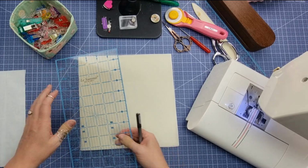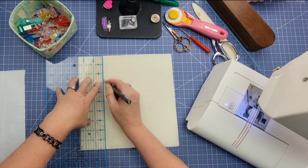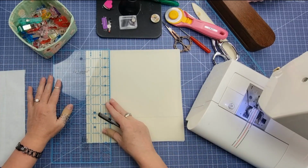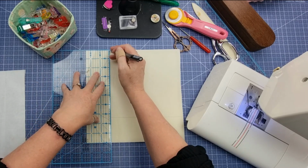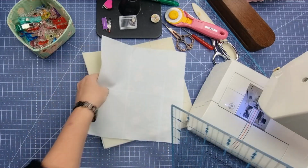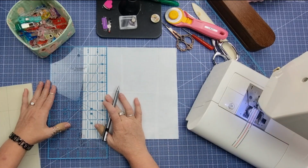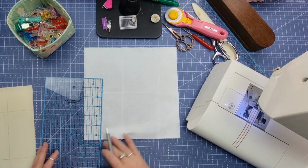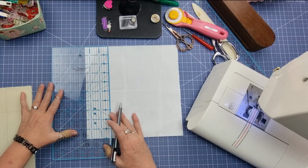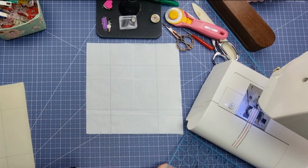You will mark out a 2.5 inch line and draw a line, and then do exactly the same all the way around, and then you'll do the same for your lining. Okay, set your ruler aside,